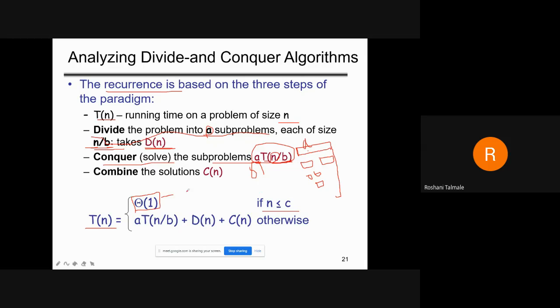And for the combine solution, again in the recursive process we have to combine it by making a swapping or a comparison. So we will consider it as c of n. C is considered as one constant value. Only one iteration will be there. So combine the solutions, then we will call it t of n. It's the combined complexity. So this is the best case.